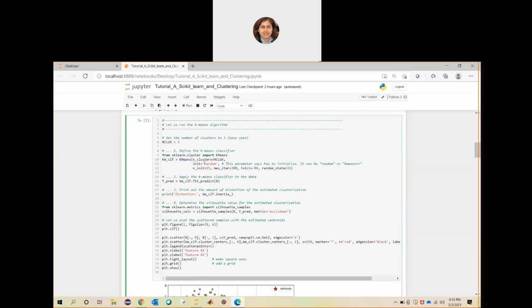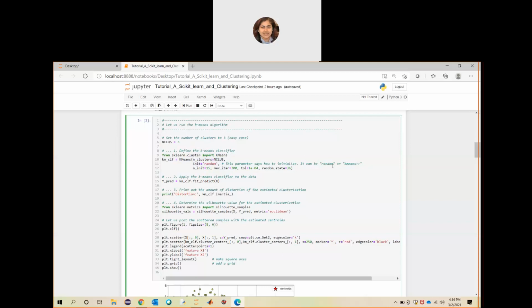So what are those parameters? There are different types of parameters, different formats of the function. One type of basic k-means function I have considered. n_clusters is the number of clusters. Then how do you want to initialize it? This is random.